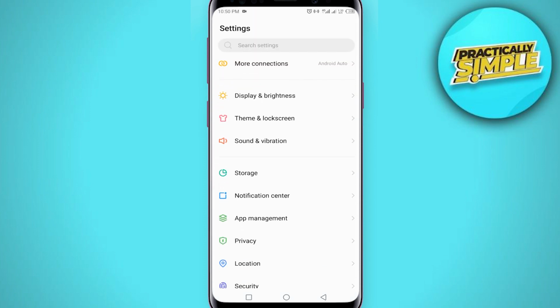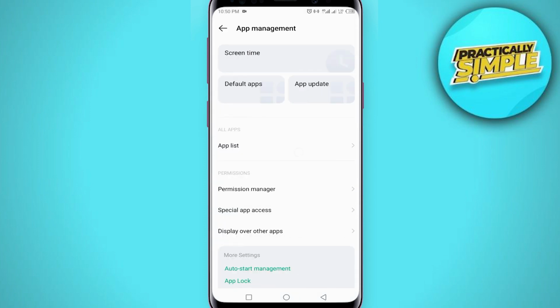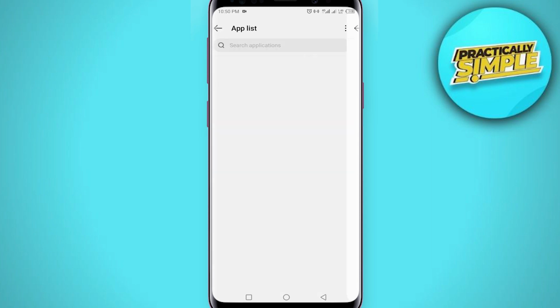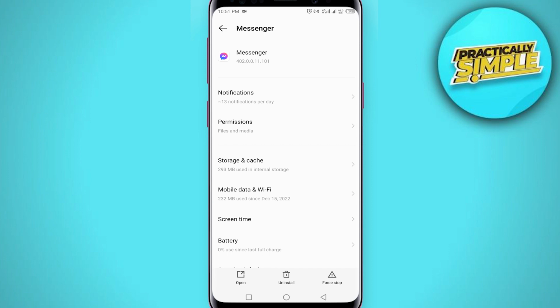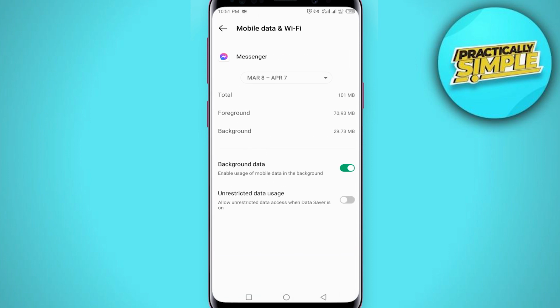and then you just have to tap on this app management and then go for this app list, and now you have to find or search here Messenger. Here it is, just tap on it. So you just have to tap on this mobile data and Wi-Fi, and you just have to toggle this off